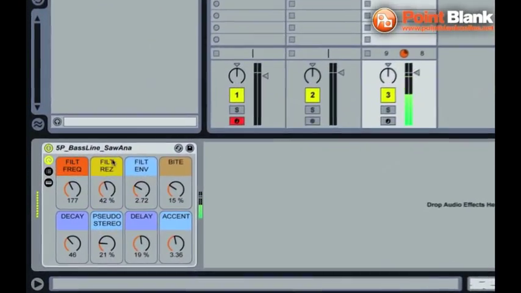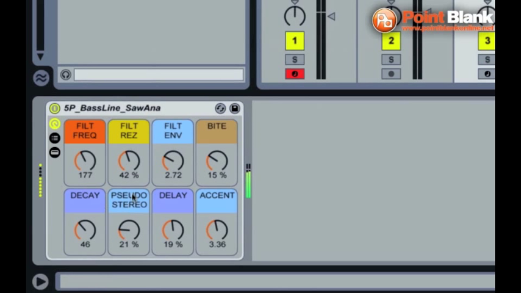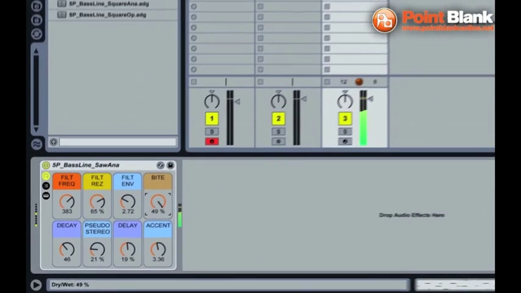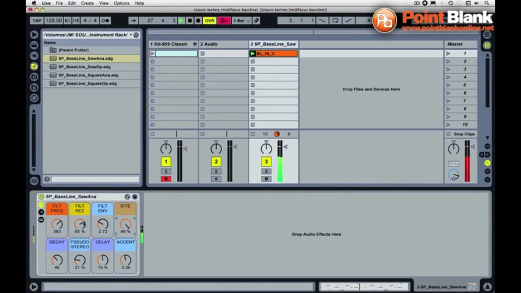If I close this down and just focus in on this interface here, these are called macro controls. Everything's hardwired, ready to go. I've got filter frequency, resonance, and bite. All the classic sounds we used to get from the 303 if we ran it through some effects units like distortion pedals and delays. So in essence, what I can do now is place that alongside